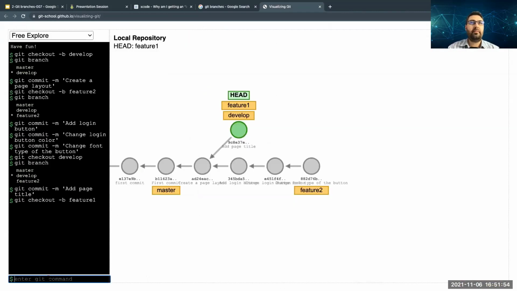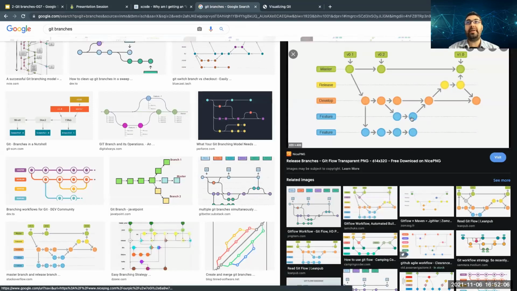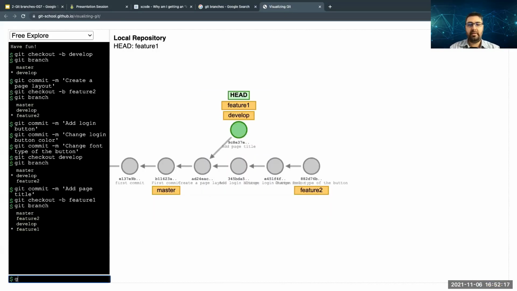Now let's check which branch I am on. Git branch. So now I'm on the feature one branch. Good. And while I'm on the feature one branch, I will make one commit. Then I will merge, not yet, but soon, because I will show you how to merge. But before I merge, I need to make one more commit. How do you do that? Git commit with message and write your message. What did you do? This guy in the feature one branch is adding an input field for password, or let's say username.